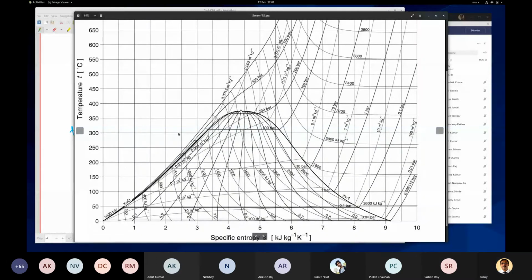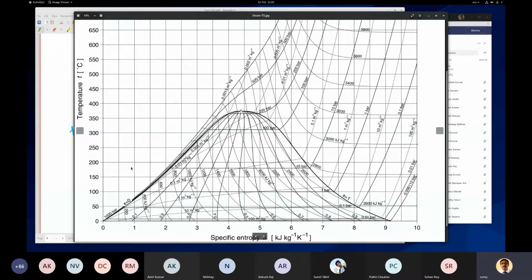So once you get the temperature, say 10 bar, this is the temperature, this is the 10 bar. This is the 3000 kilojoules per kg enthalpy line, 3200 kilojoules per kg enthalpy line. So if we are here, pressure and temperature uniquely define your point and you can get an enthalpy between 3000 and 3200 from the chart. This is unique. Only pressure and temperature are required here.